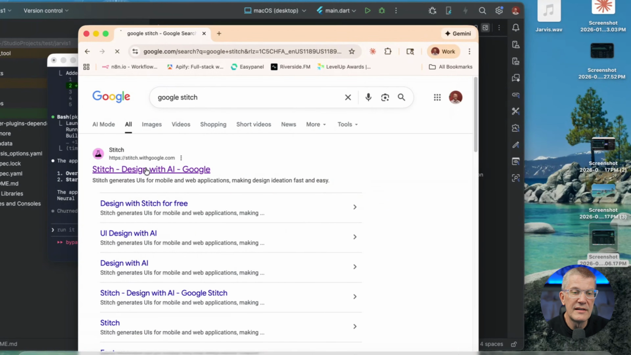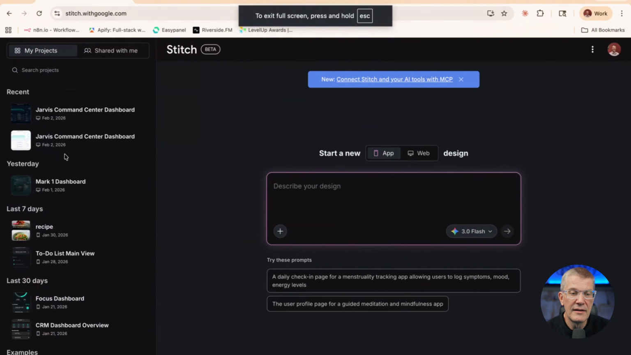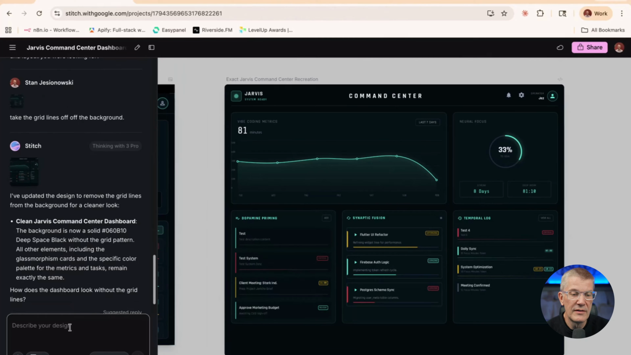It's just stitch.withgoogle.com. And to me, this is just awesome because all you have to do is tell it initially what you're looking for. It'll build it. Do you want dark mode, light mode? What are you looking for? It's better if you give it colors. If you give it the exact colors,